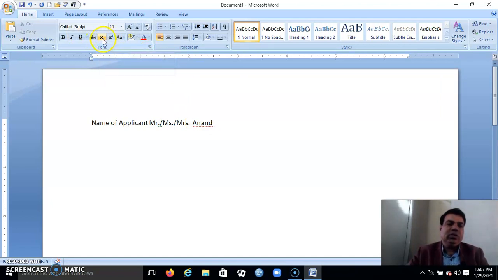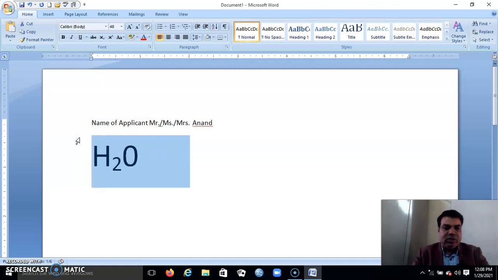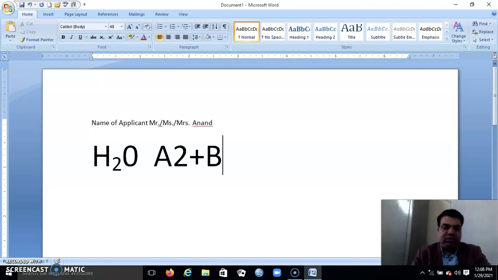Now you can use this subscript, and this is superscript. Suppose you want to write H2O. Now I write H2O, and this is not in chemical formation. I have to write H2O in chemical formation, so I have to make it subscript. Now it is subscripted, and when I change the font size, you can see it clearly. And suppose I want to write a formula, a square plus b square.